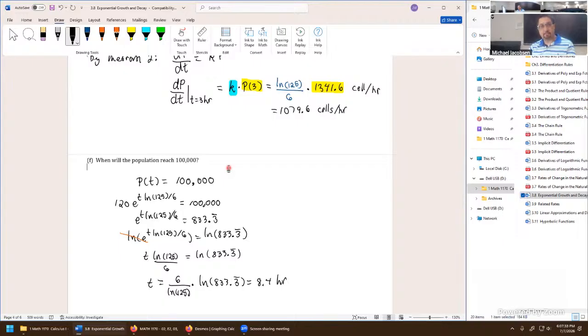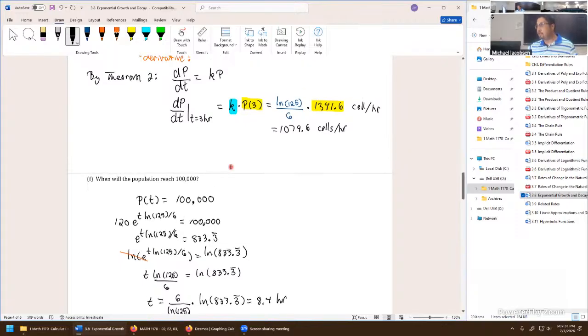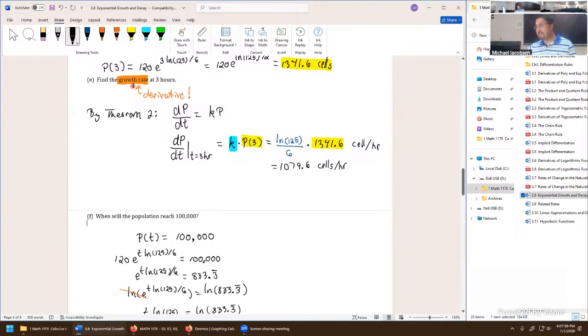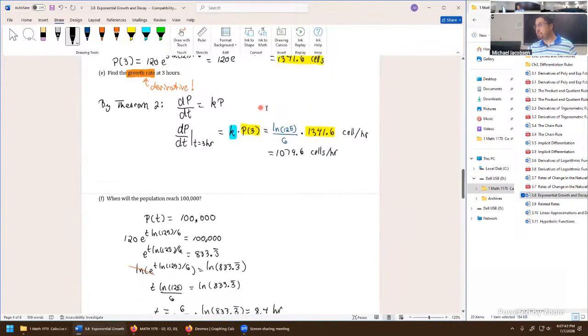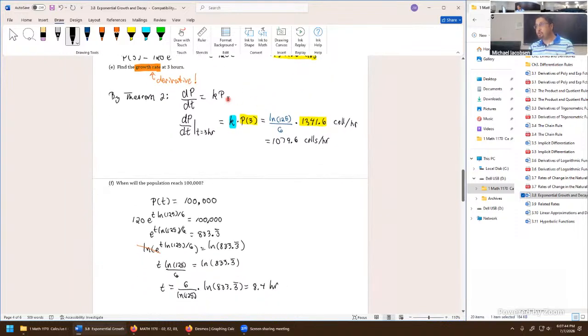Okay, well, that's kind of the punchline to any kind of growth model that we're looking into. The thing that was new is, once again, anytime a growth rate equation question comes up, we just use theorem 2. It was that dy/dt equals ky. If the function is p for population, we just put in a variable p instead, but same idea. We don't actually have to take the derivative for this kind of question. We just use the known derivative, so that's kind of neat. It'll come up again on the next question.